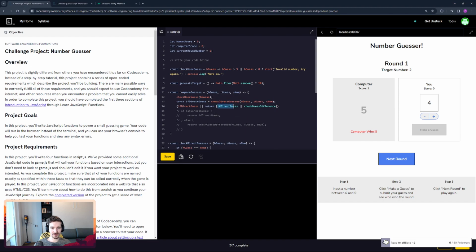Why is it highlighted so differently here? So if direct guess